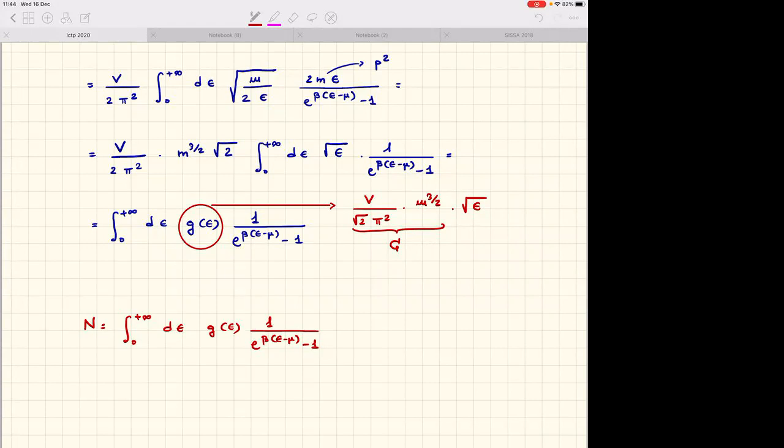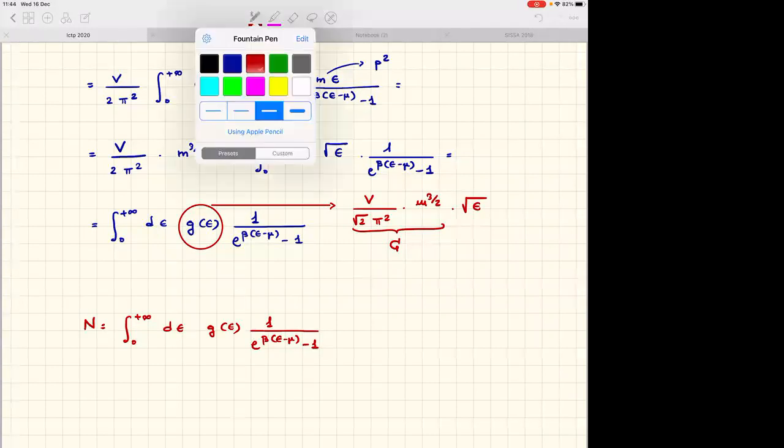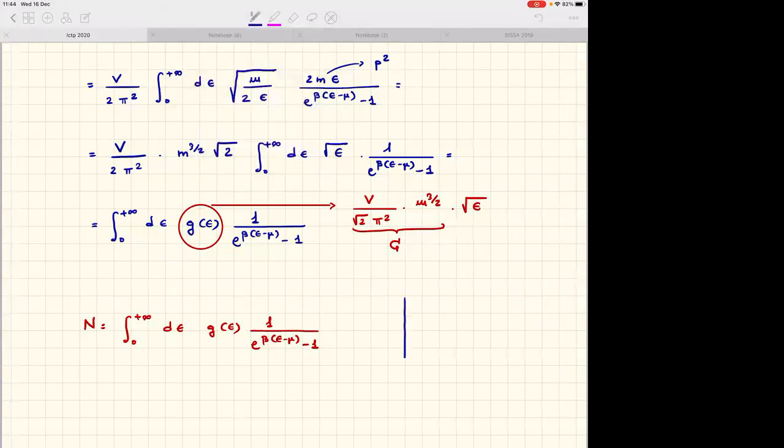Setting g of epsilon equal to a constant times square root of epsilon, the constant taken dimensionless. And what you will find is that there is a solution that is negative, and it's going to do the following. So for very, very large temperatures, you will find a solution for the chemical potential, which is a negative number. And then this solution keeps growing and growing as you decrease the temperature,